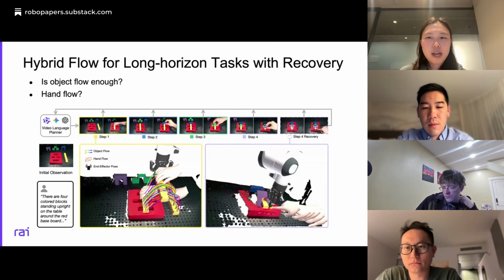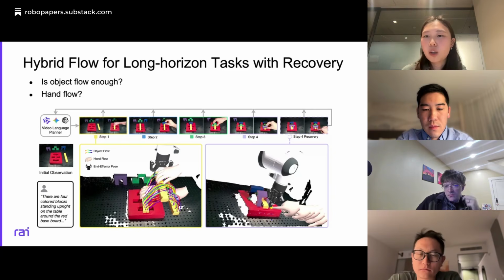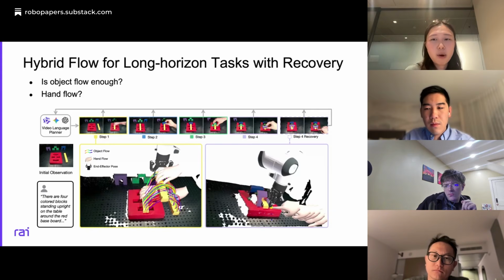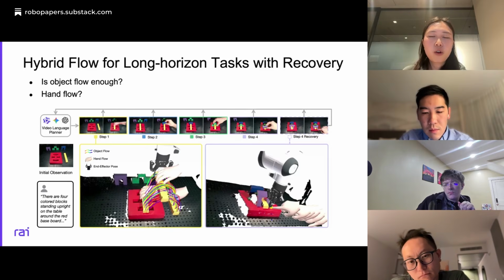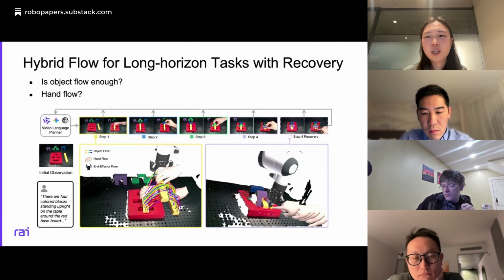The second is that in the object flow, if the object is heavily occluded, there are fewer points or no points you can track. The track got cut in the middle, and usually the computed object poses, the flow poses, are not stable and cannot be directly applied to the gripper. The third is that for longer horizon, more complex tasks, like this FFmpeg, it's not the canonical object shape or poses, especially during recovery, that the monocular depth estimators have seen in their training data. So sometimes the depth predicted in the middle is very bad.